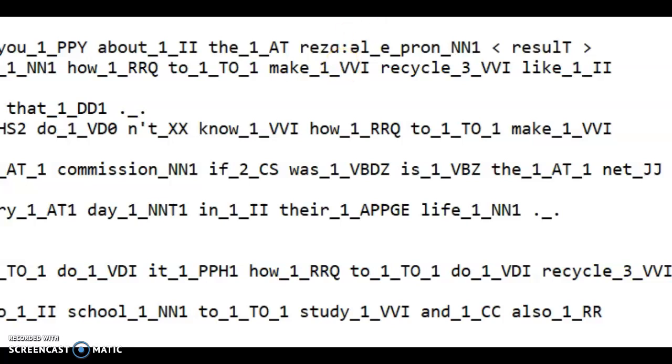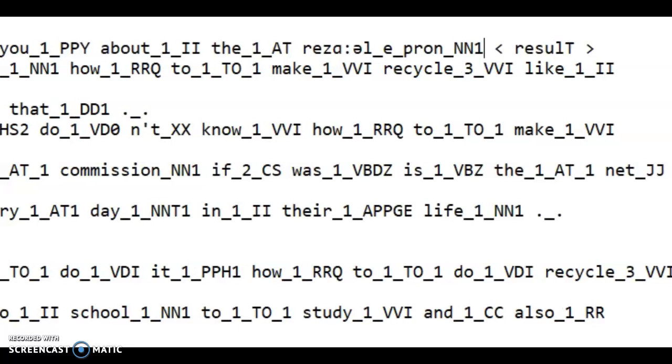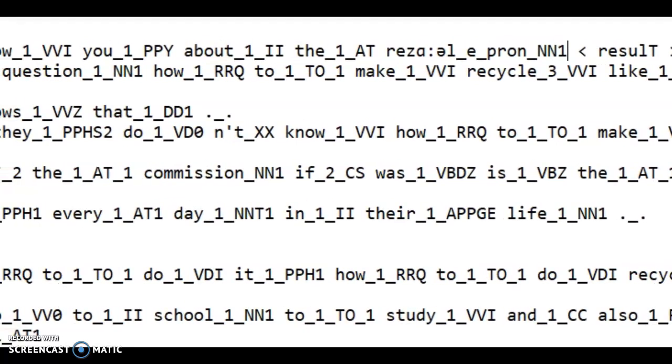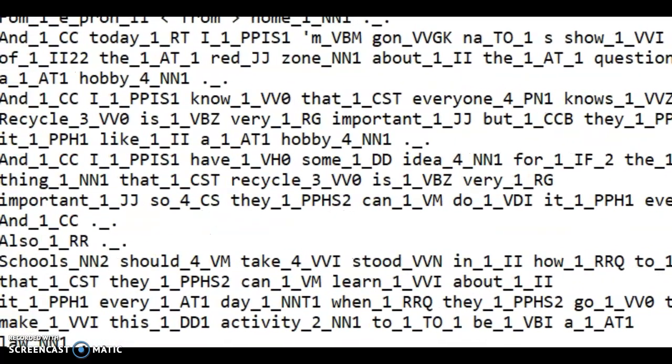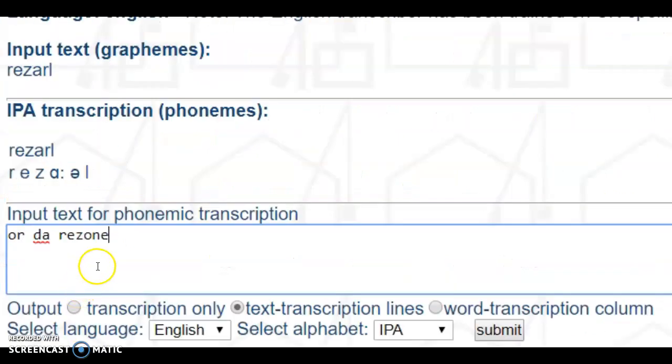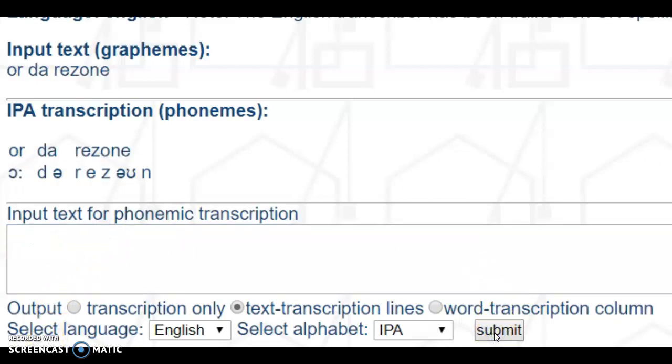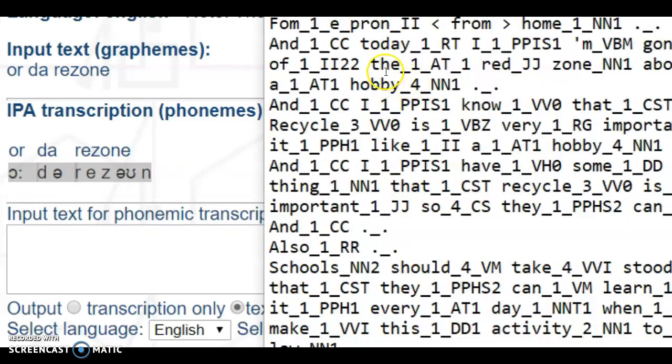Now, on the next line, it still is difficult. It says, "I'm going to show you about the result of the red zone," which I think sounds like "order-zone," and I'm just going to see what it says for me, if it looks right. Order-zone, that looks great. So yeah, I started this the wrong way. Usually I do a full phonemic check on everything. I was just showing you what I usually do with writing.